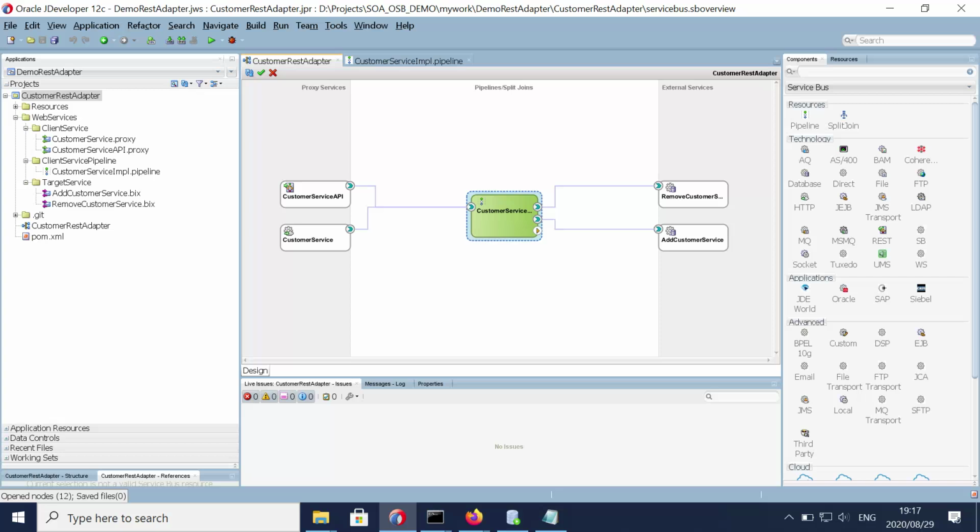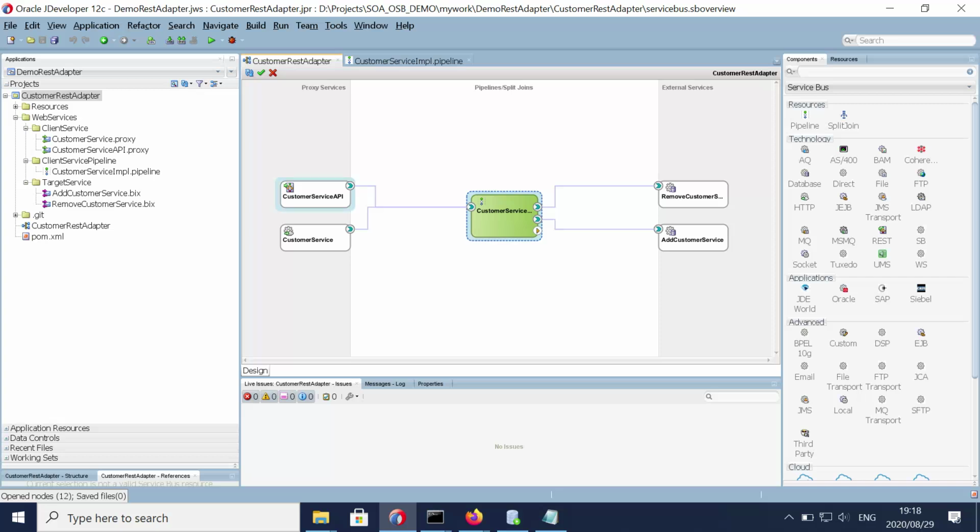So with this project, what this project does is it is basically a REST API and a SOAP API that takes input parameters from the source, does some business logic and transformation logic, and then inserts the customer record into the table using our database adapter. So first things first, let's understand how to create a REST API.